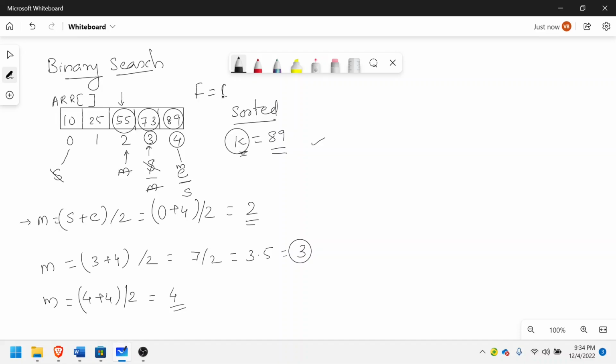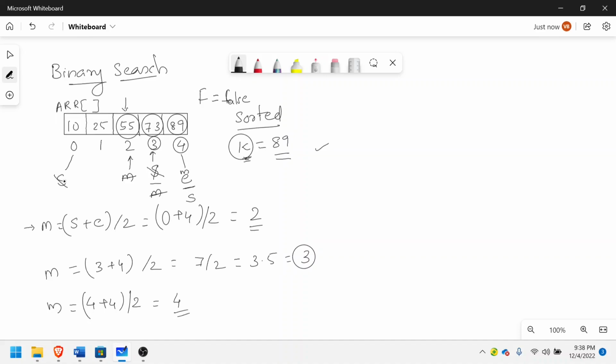Initially, the value should be false. When this particular iteration should be stopped, that is another concern. In this particular example, you can see that the s variable starts from the leftmost one and the e variable starts from the rightmost value, right? In every iteration, you can see that the array is shrinking and at one point start and end is pointing to the same value. So this iteration or this process has to be repeated to a maximum possible extent when